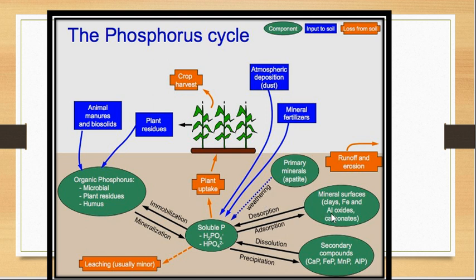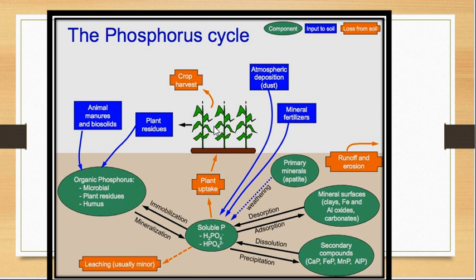Another source can be any mineral surface like clay, iron or aluminium oxides, carbonates, or we can get it from secondary compounds like these. So from all these we get phosphorus into the soil. This phosphorus can be in the form of this ion or in the form of this ion. These are the two forms of phosphorus in which phosphorus is taken up by the